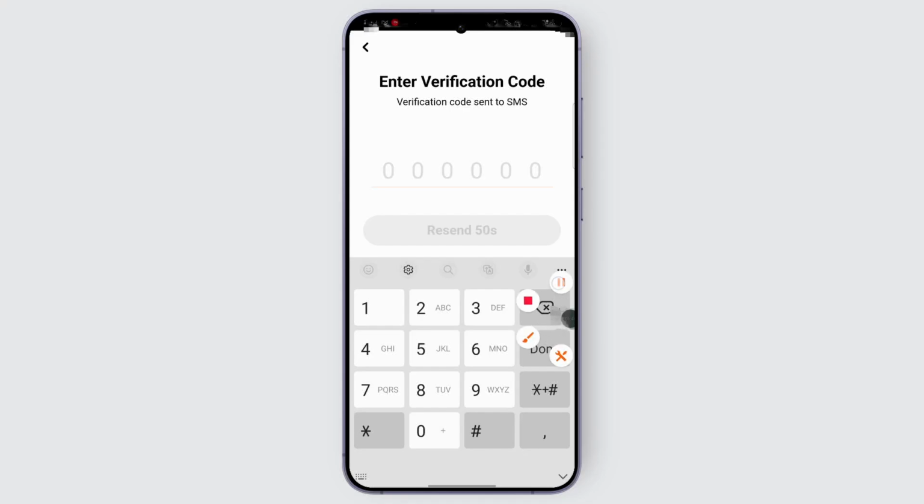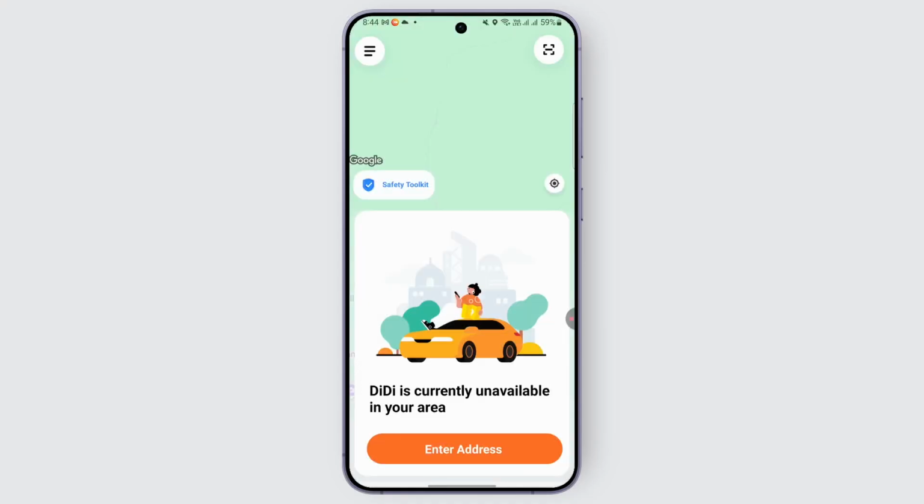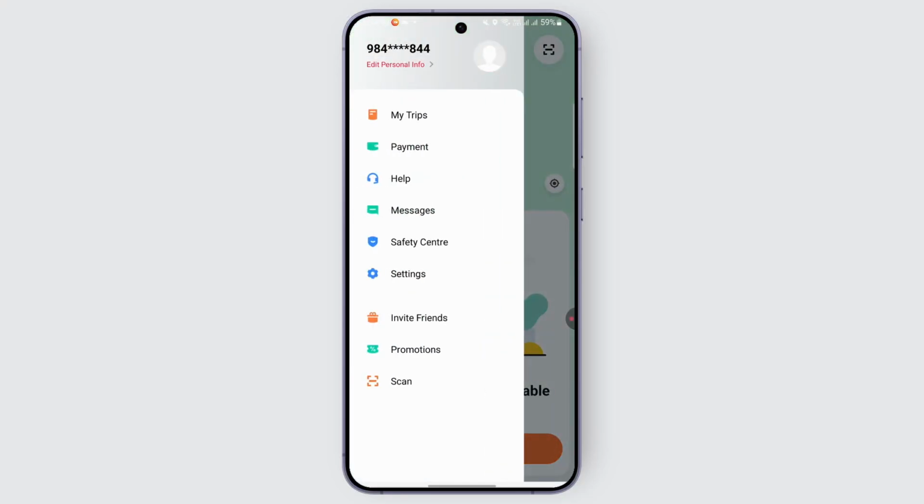And then once it is completed, here you go. Now you are currently in the app. You can go ahead and enter your address here, and you can basically use the app. Now you can go ahead and look out for the menu and the different options available here,